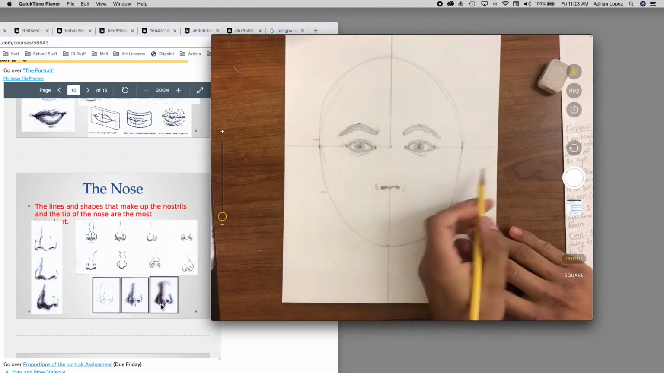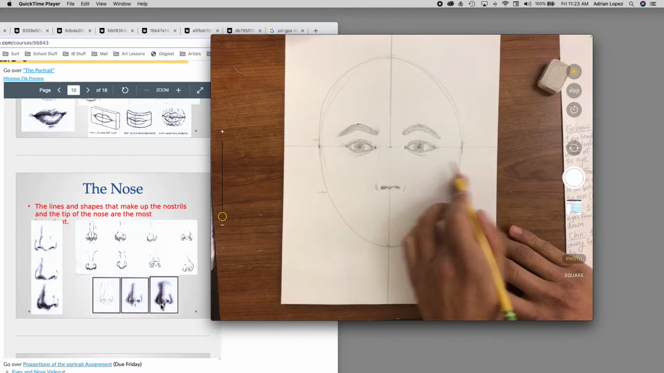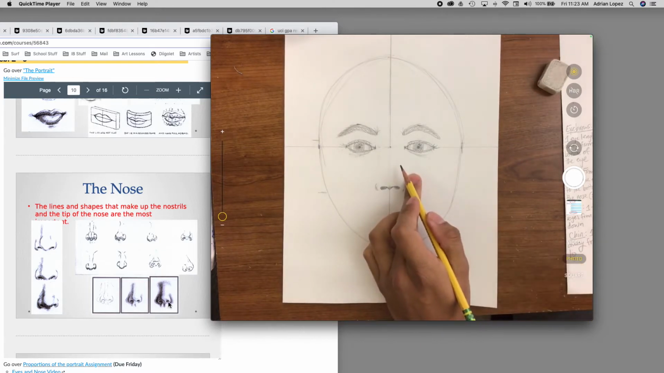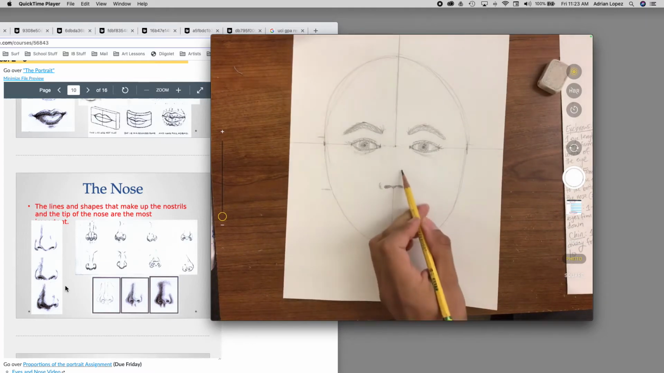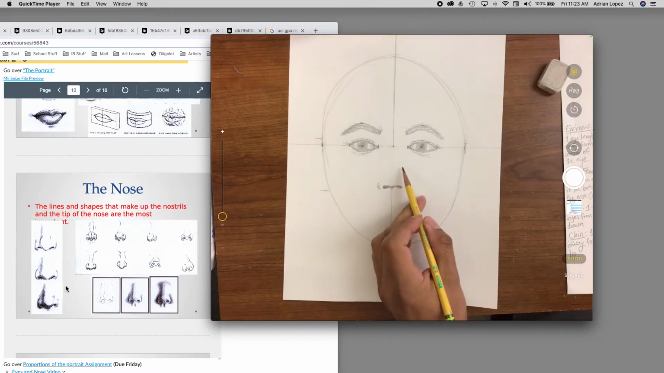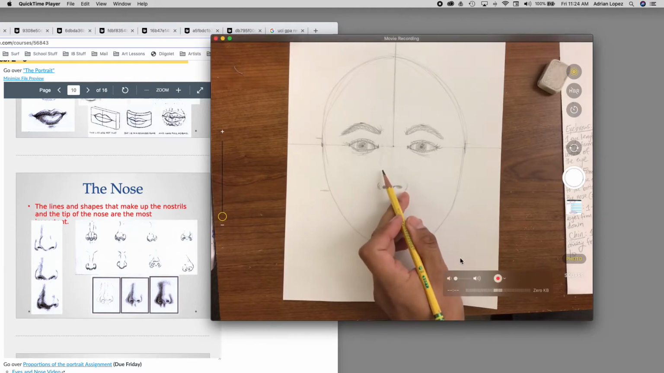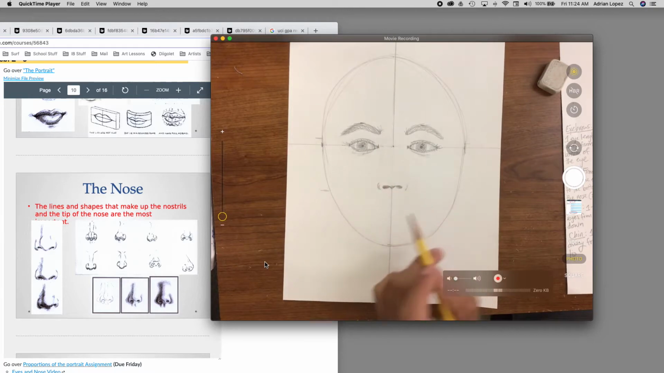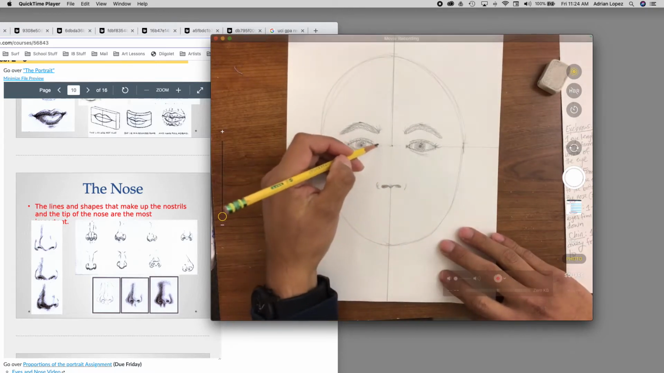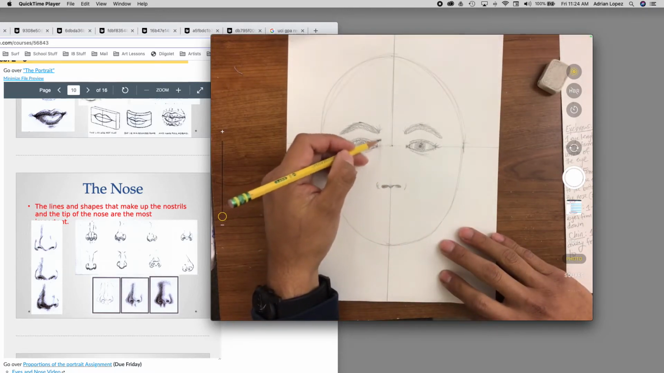So we're going to act like the light is coming from the right side, which is actually the same light source as this nose here and this nose. So that means the right side of our person's nose is going to be lighter, and the left side is going to be darker, okay? Just so that we're on the same page. Which means typically our nose